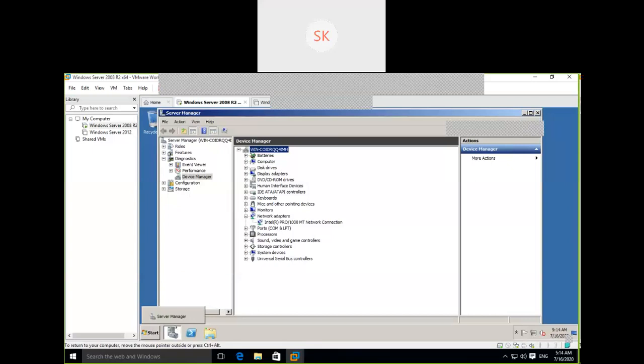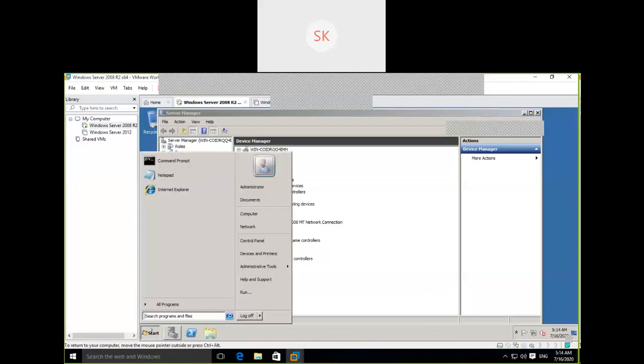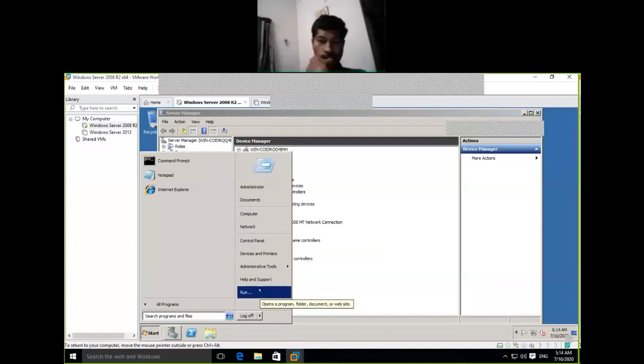There are different ways available to configure the network. I'm going to show you one option: go to Control Panel. There the network option is available, or else we can go to Run and execute the shortcut for the network configuration. What is the network configuration shortcut? You can Google it. Go to Control Panel.